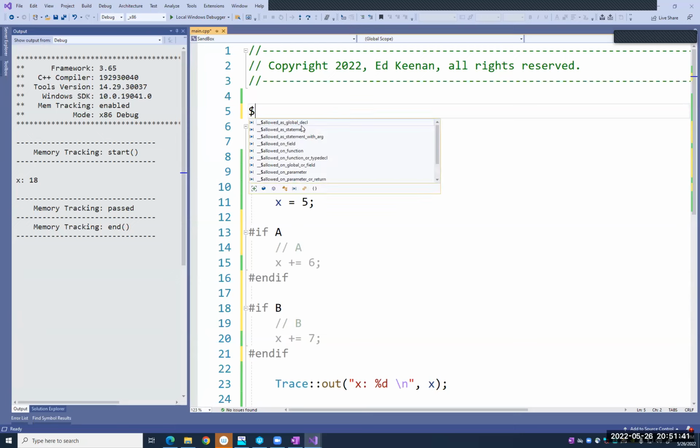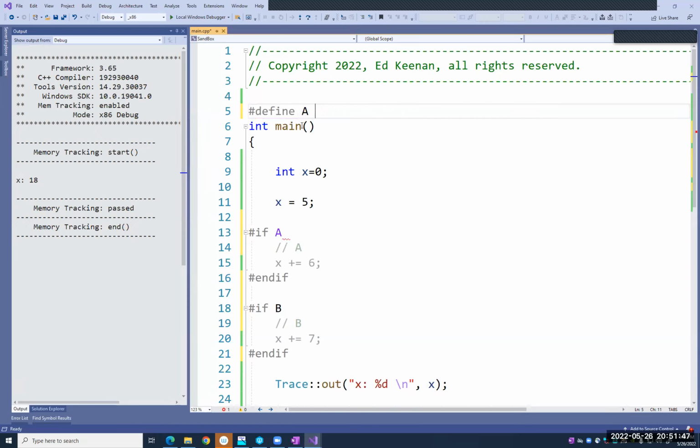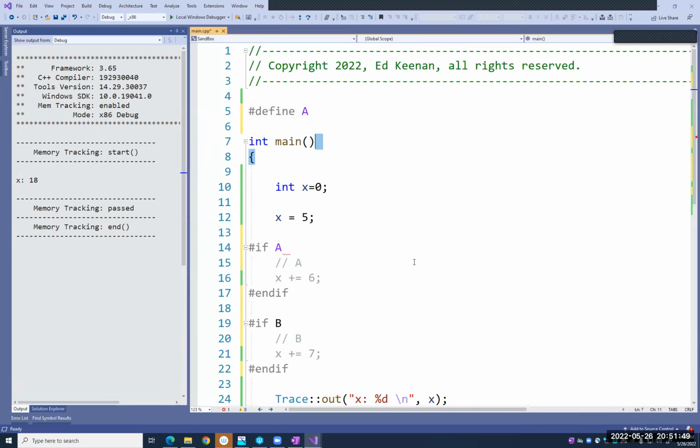go pound define A. This is what you do in our unit test configuration. I was just curious how you actually write it yourself. And then if I want this off,